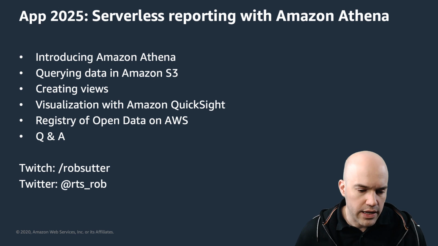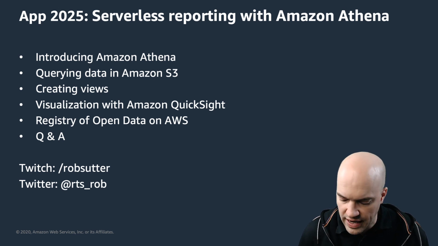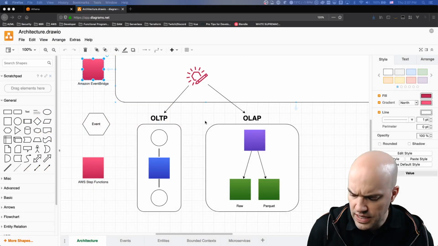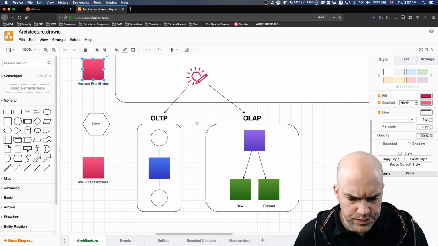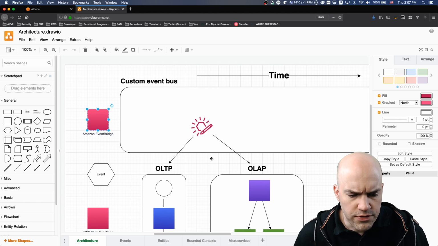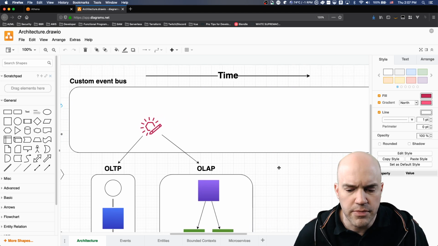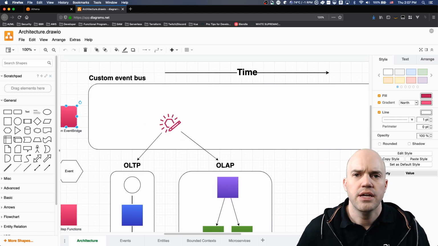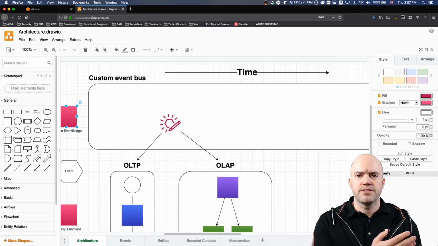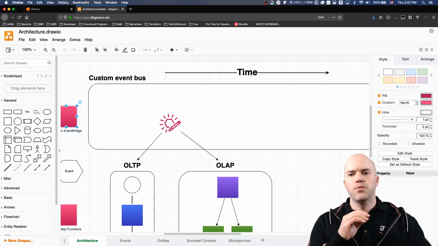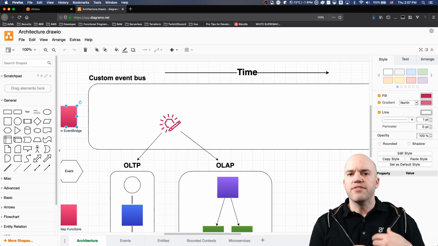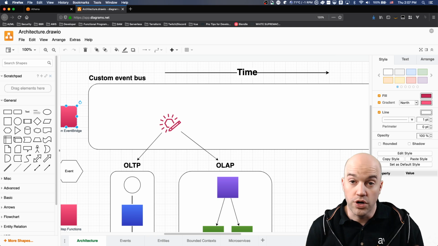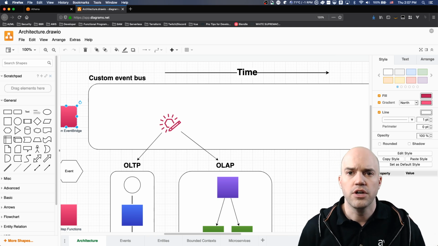So let's go back and let's look at our diagram really quickly, and let's see where we are for a quick refresher and how we got here. If you remember, the Amazon EventBridge event bus is the backbone of our application. And as we move across the bus from left to right through time, we put events onto the bus. And rules listen to those events, filter those events, and kick off workflows, AWS Step Functions workflows,